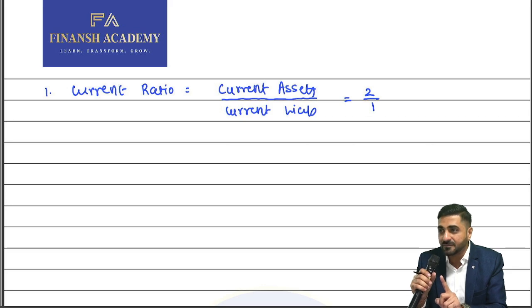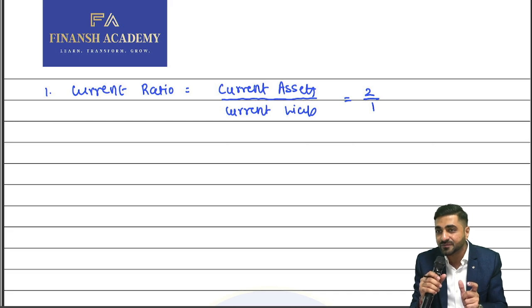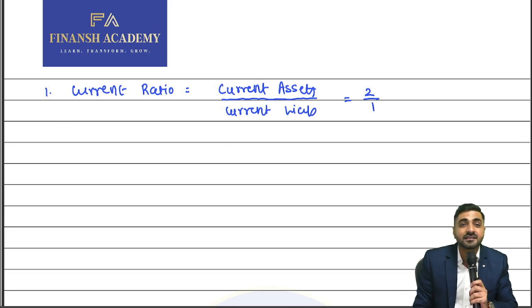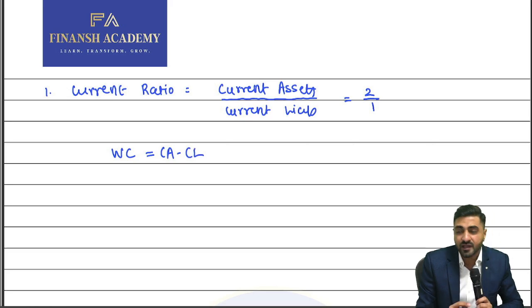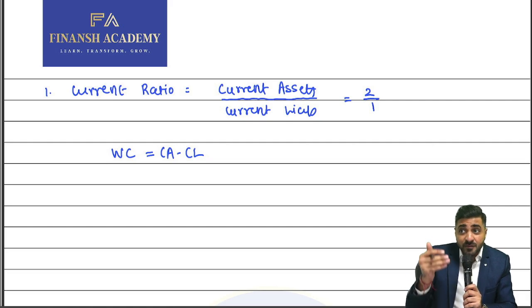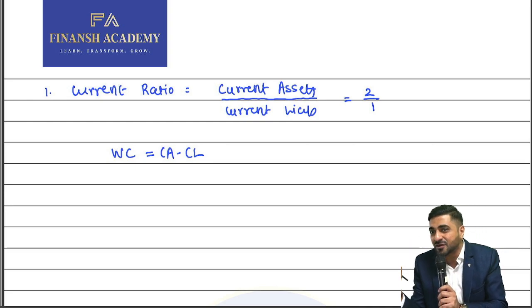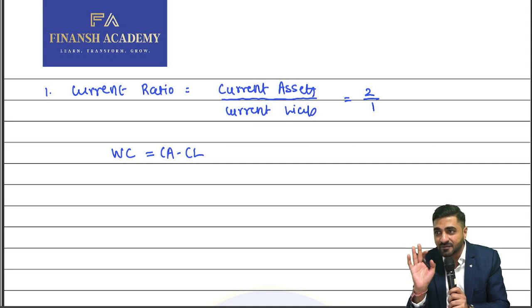And also current ratio helps you to get your working capital. What's the formula of working capital, guys? Current assets minus current liability. So with the help of this current ratio, we can also calculate your working capital, which is CA minus CL. And this current ratio is also called your working capital ratio. If suppose in a question you find something called working capital ratio, then can I say that working capital ratio is nothing but your current ratio? That much you have to understand.